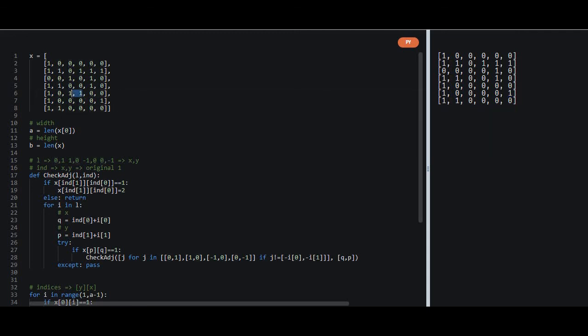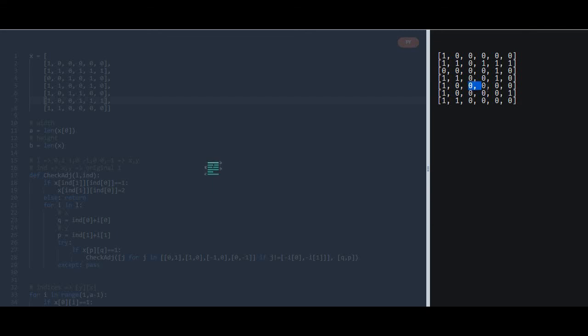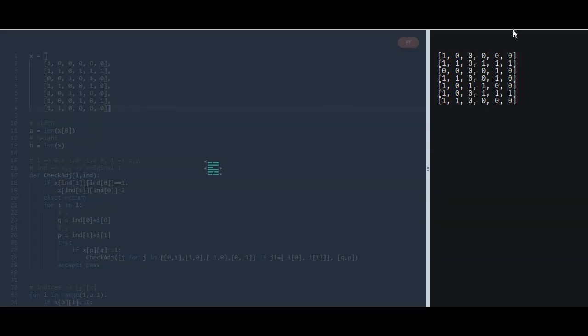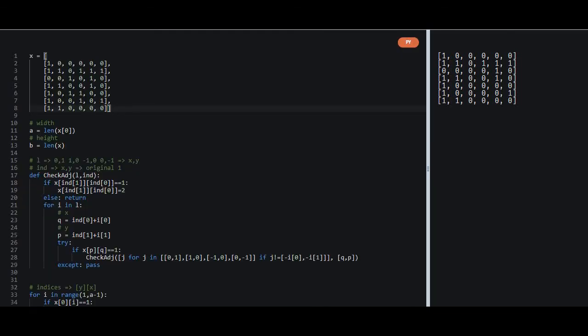And now if we want this island to not be anymore, we can just connect it to another one. For example, we can connect it to this one, and now this is not an island anymore, because it is connected to this one. Since this is connected, now this is not an island anymore. But if we remove this and replace it with 0, then it becomes an island again, and it will remove that.